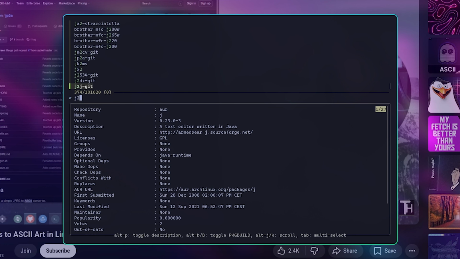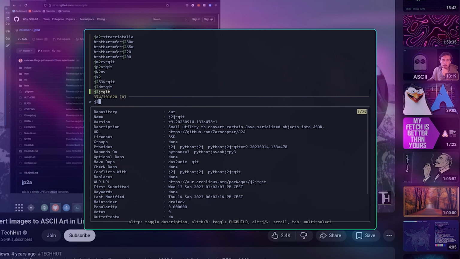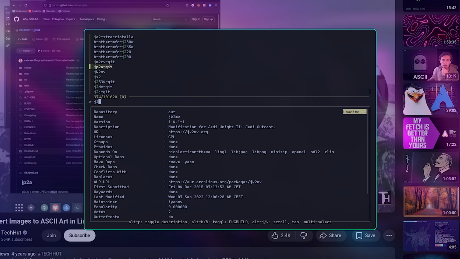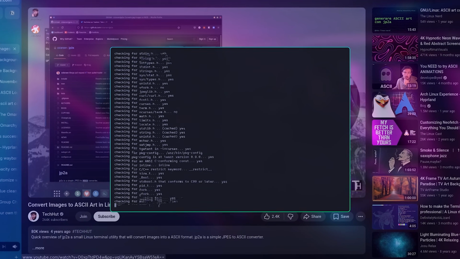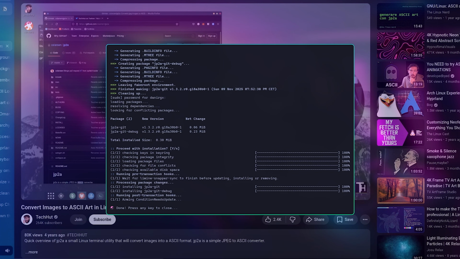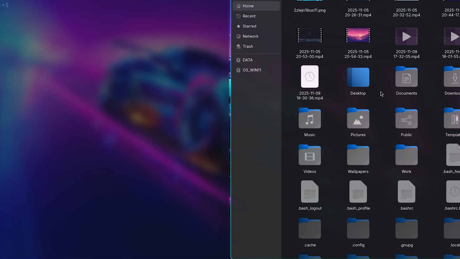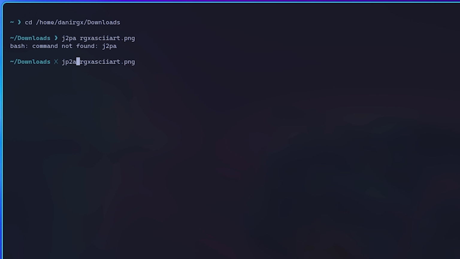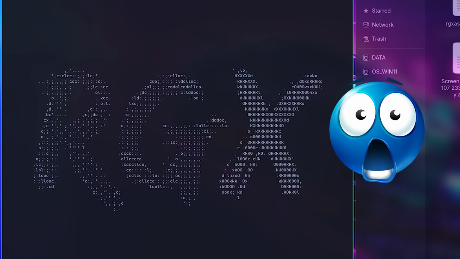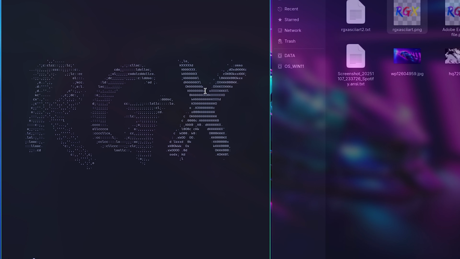Okay, so there's something called jp2a, which should mean JPEG to ASCII art. Here it is. And so now if I install this, I should have a JPEG to ASCII art converter on the computer. Okay, so now that it's installed, let's change the directory. And now in downloads, okay. And so now we should find our image. Yeah, there it is. I'm going to rename this real quick. And so now if I do, oh, okay, that looks super good.